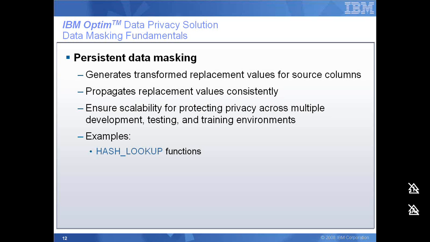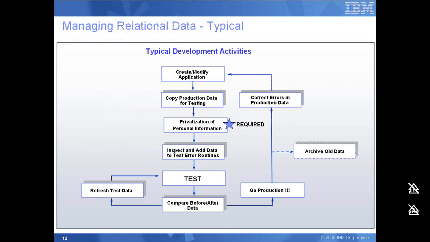If I'm having the same data which has to be masked, and if the solution is giving me two different outputs during two different runs, it's not really persistent. Okay, and that can really break the application logic, and that's not going to be useful for your testing and QA teams. So persistent data masking using